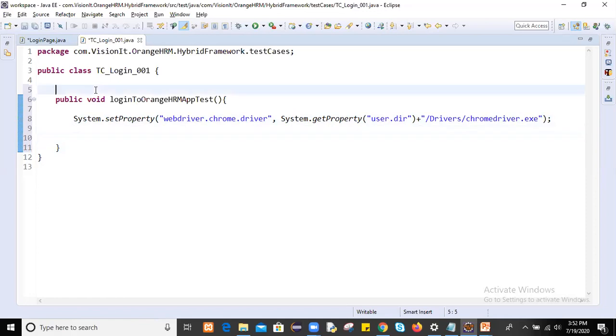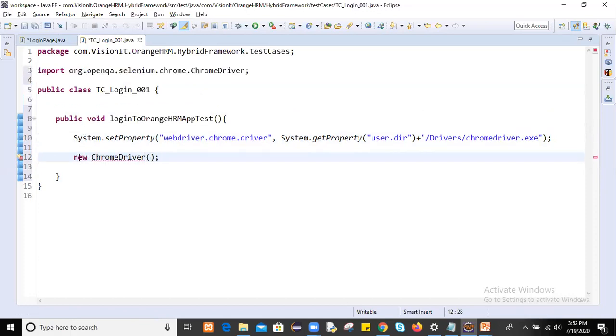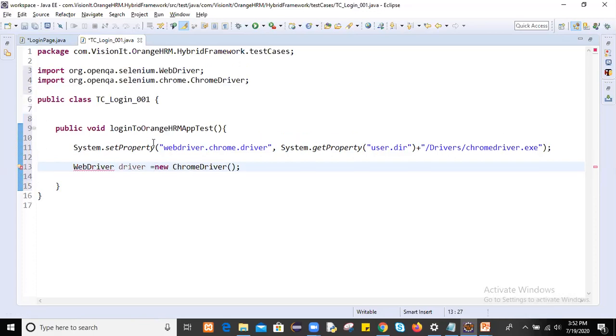So how to create a new object of ChromeDriver, and we'll store this object into a reference of WebDriver. Then you see WebDriver is ready.